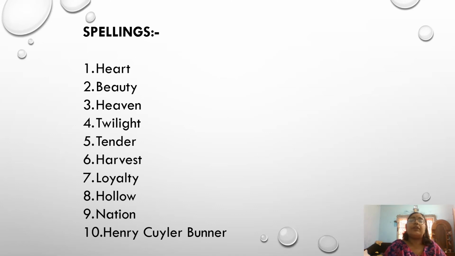Number 1 heart, number 2 beauty, number 3 heaven, number 4 twilight, number 5 tender, number 6 harvest, number 7 loyalty, number 8 hollow, number 9 nation, and number 10 the name of the writer whose name you always